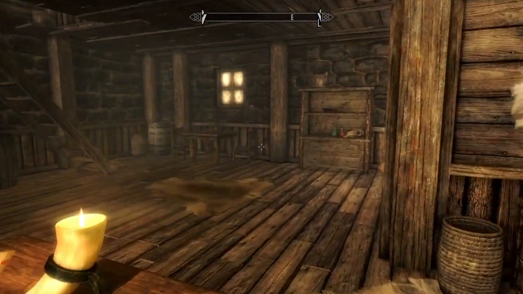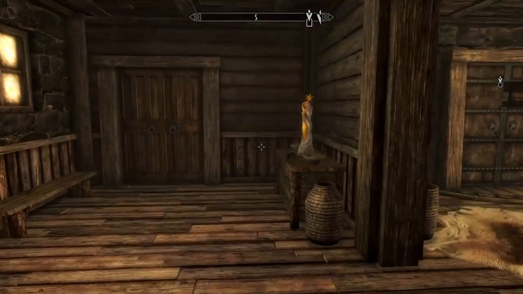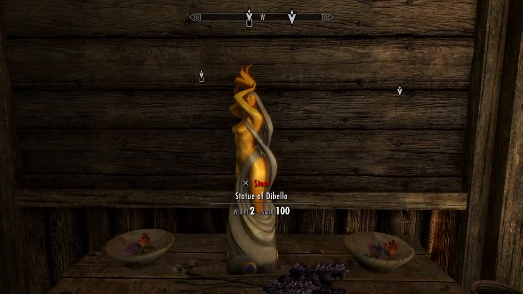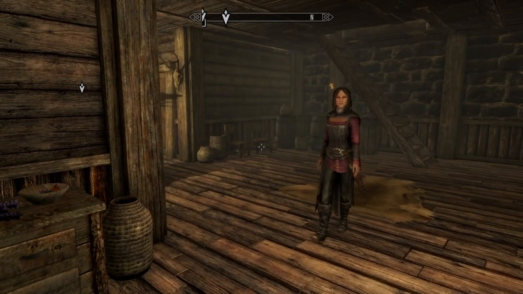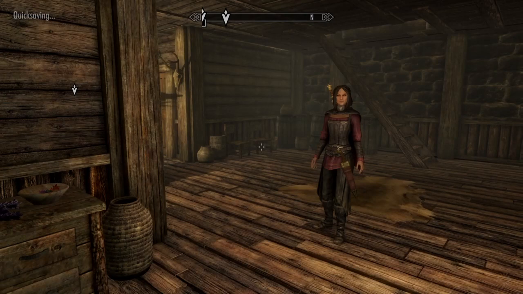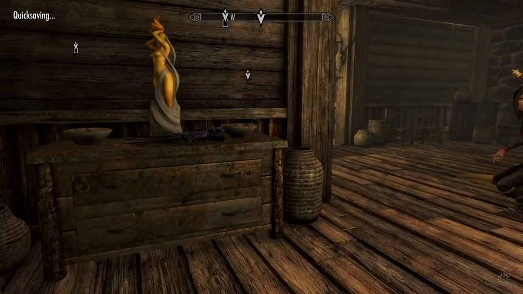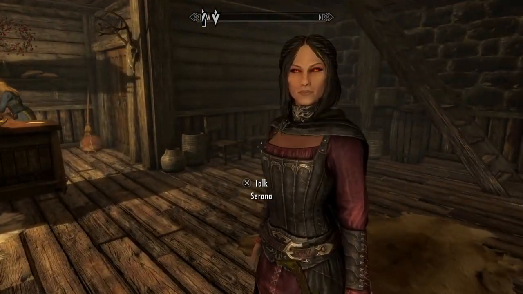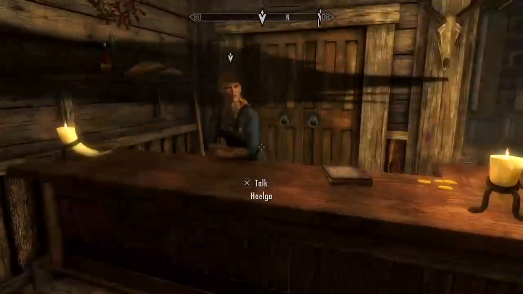Well, how about I come over here and take your Dibella statue? I think that's what I can do to piss her off. I'm pretty sure. Here, let me quick save. And I think... There we go. Let's go back and see if she'll get...